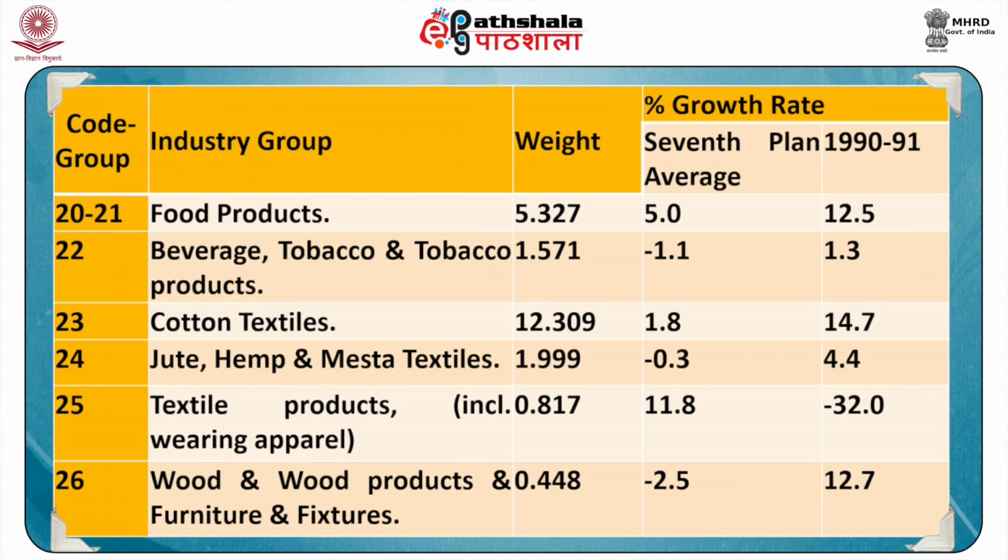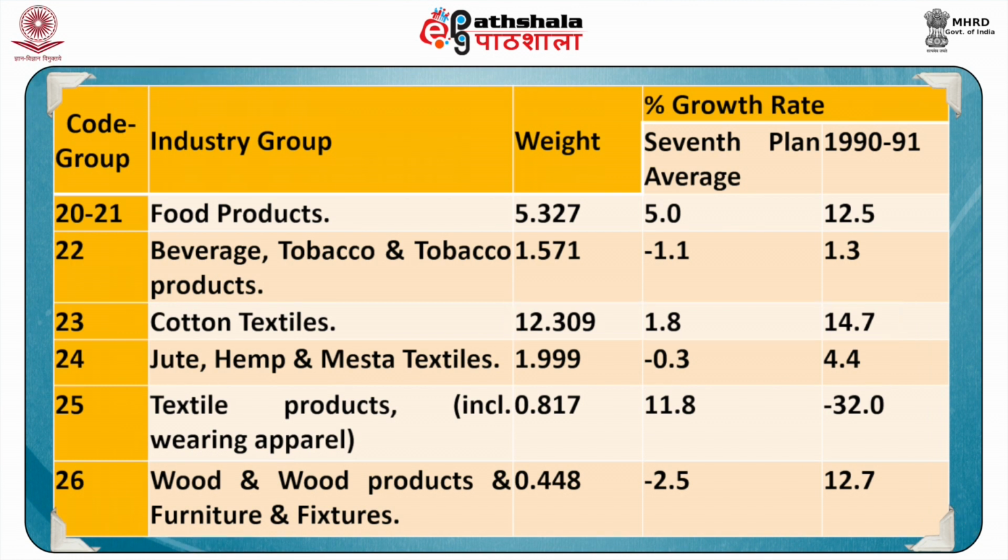Next, cotton textiles. It has a weight of 12.309 and the growth rate in the seventh plan was 1.8%, and in 1990-91 it was